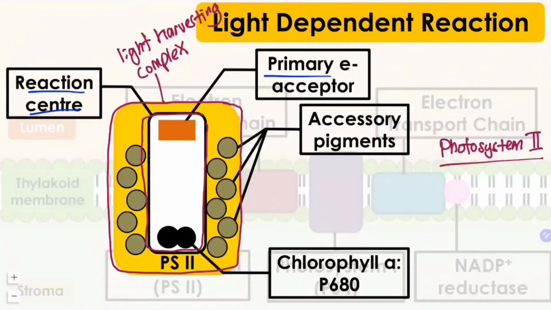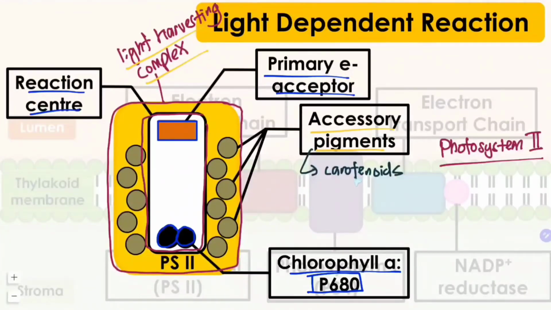The first one is the primary electron acceptor. So this is the primary electron acceptor. The second component of the reaction center is chlorophyll A P680. Here we can see there are actually two chlorophyll A that we call P680. Next, the light harvesting complex contains accessory pigments, which are the carotenoids as well as chlorophyll A